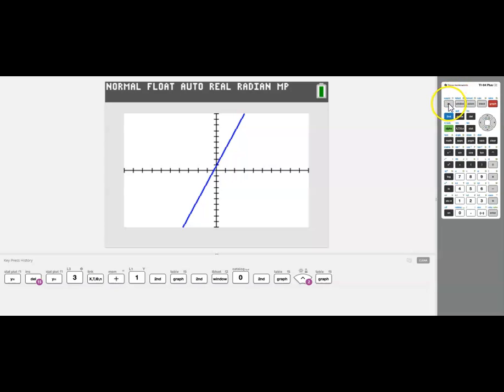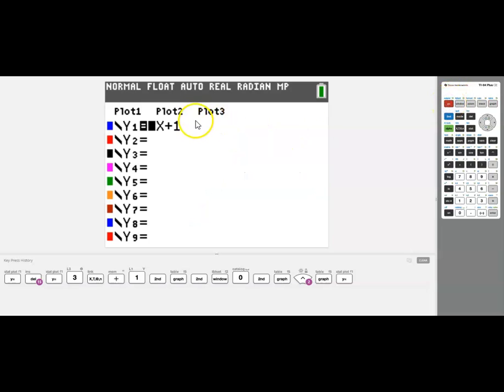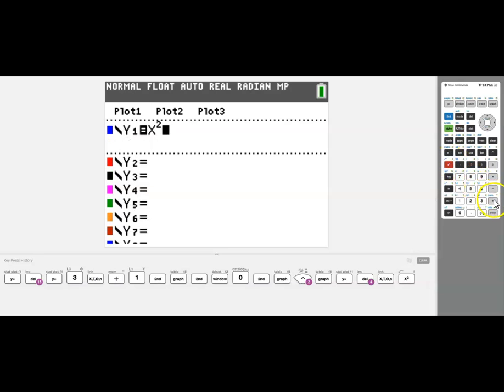Let's do one more example. Let's say I want to graph, so let's go y equals, so let's graph one of those quadratics. So I'm going to delete that out, and let's do x squared plus 4. So I'm going to have to type in my x first. Here's the squared button. If it was x to the third or something like that, you could use the rooftop button instead, but I'm just going to hit the x squared. And what did we say? Plus 4? Okay, so I want to get the table values for this, so I'm going to go second graph,